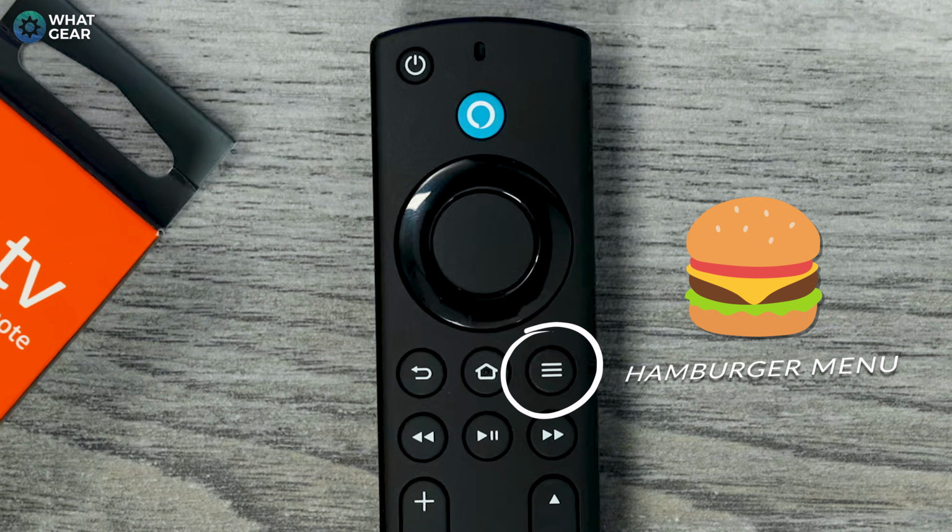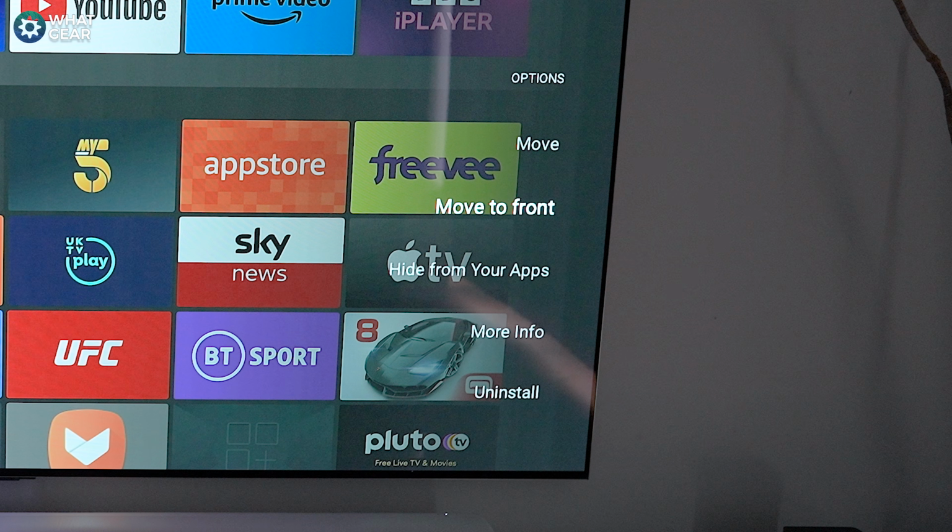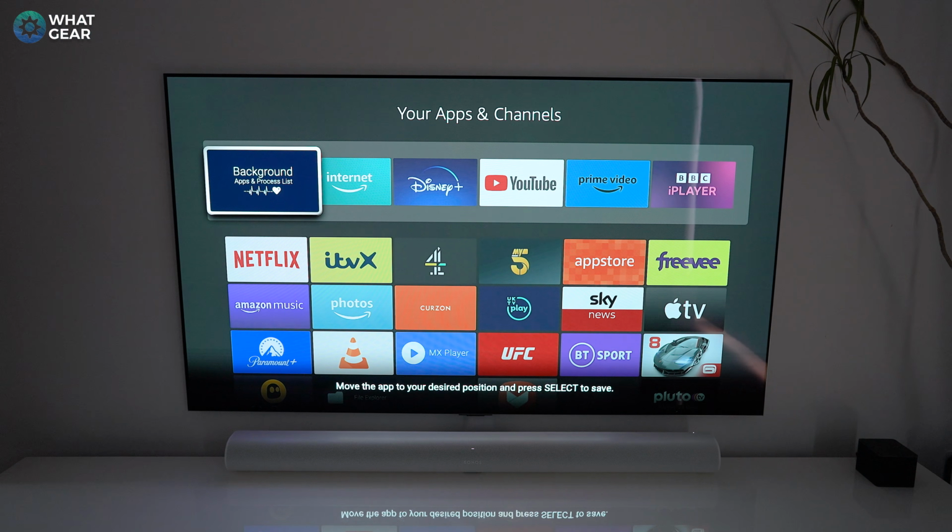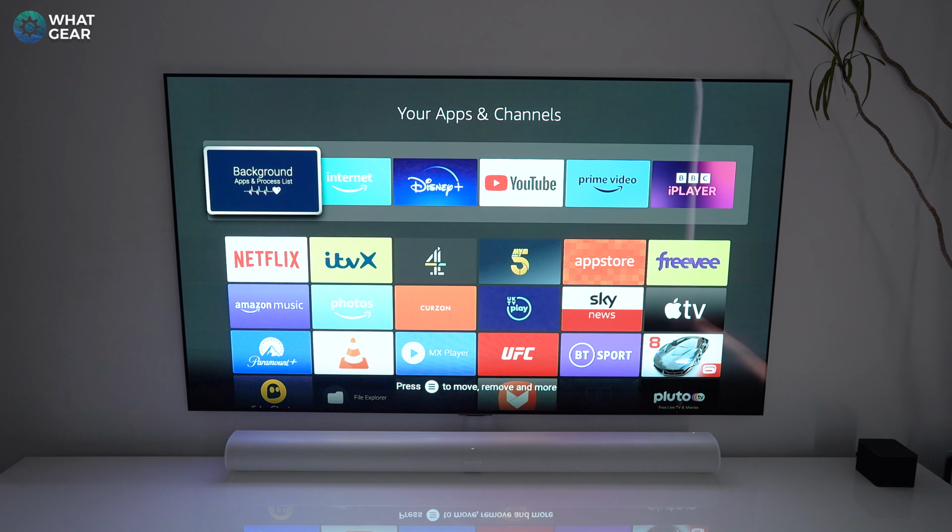This is sometimes referred to as the hamburger menu, and I am getting hungry now thinking about hamburgers, so let's move this along quickly. When you click the hamburger menu, you can now choose to move the background app to the front. I do recommend you do this because we are going to use this again in some of the other tips and tricks later on in this video, and it's also good to have ready to go if anything